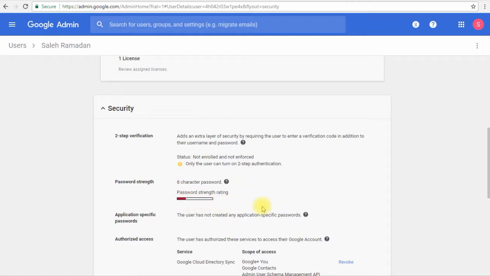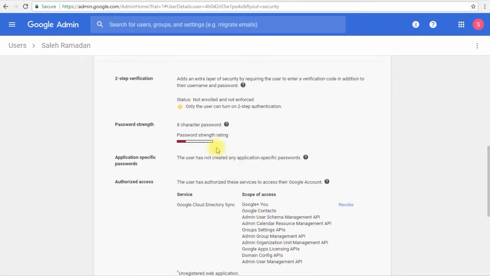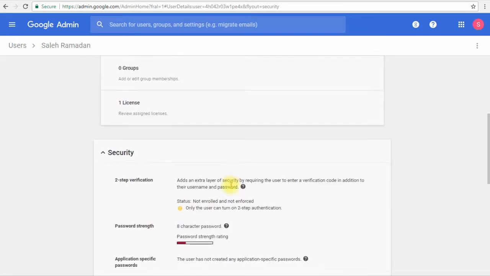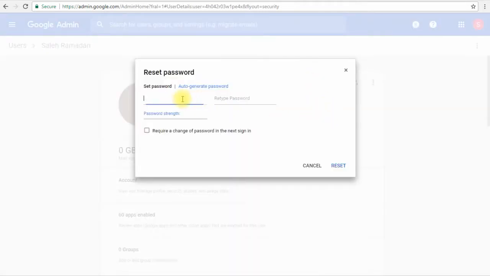There is another place you can see the password strength for every user, so you can know who is having a weak password or a strong password. This place, or this user profile, also gives you the chance to see the specific user's password length or strength. So with my weak password, I really want to make it a strong and good password. I'll just go to reset password, pick a new password,